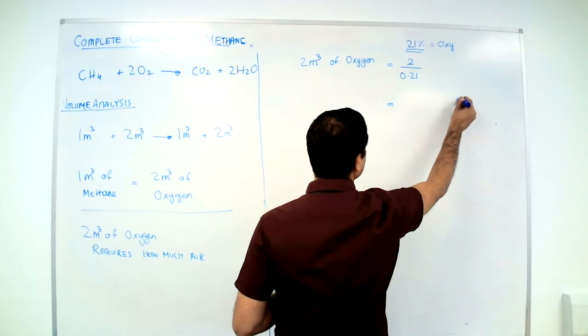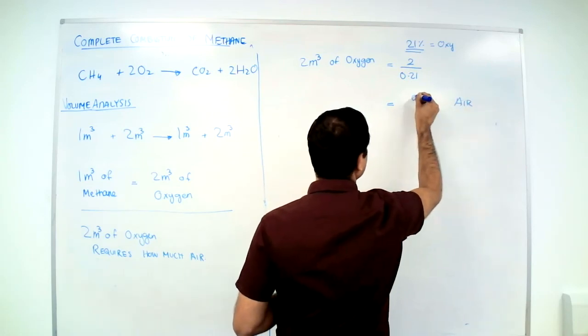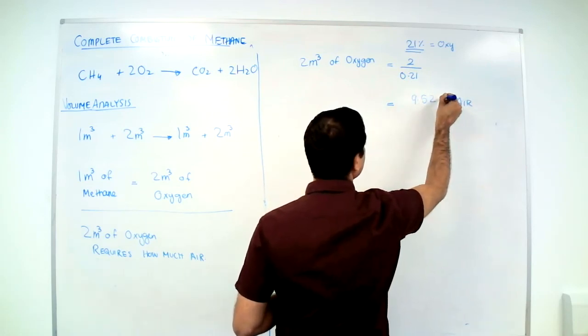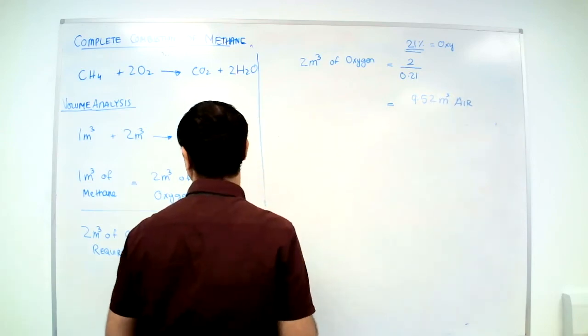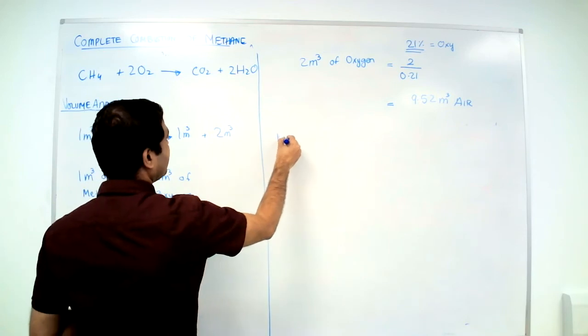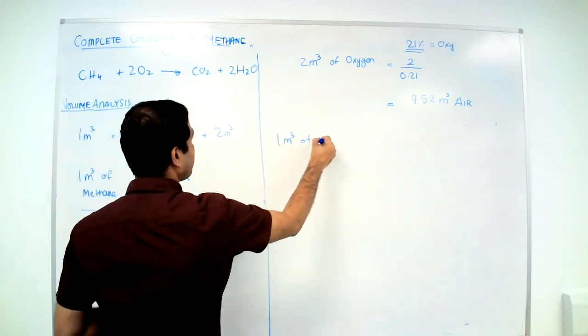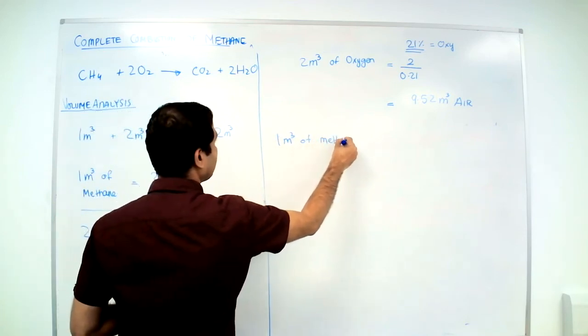Anyone got an answer? 9.52. Thank you. 9.52 meter cube of air,